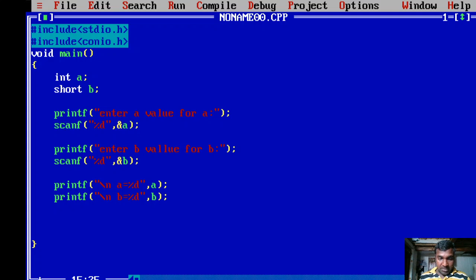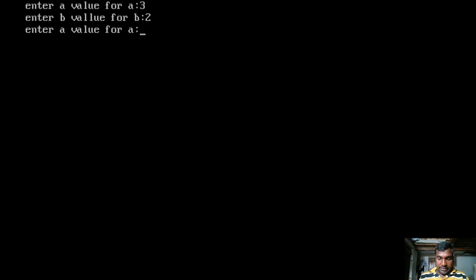Try to remember, b is a variable of short type and a is a variable of long type. Now I am trying to write, so now I am giving a variable with value.